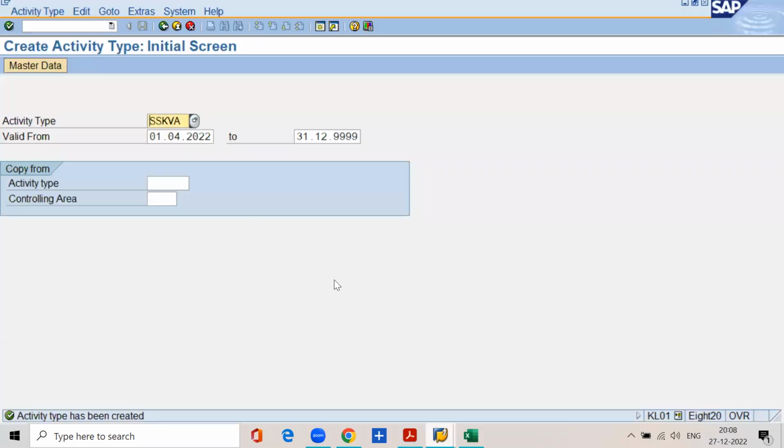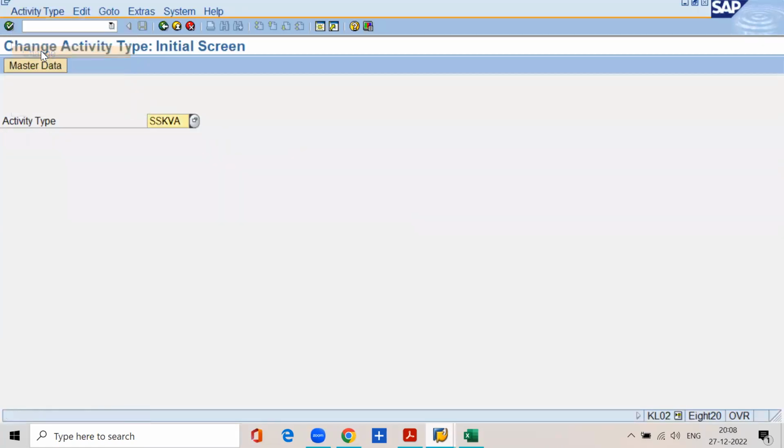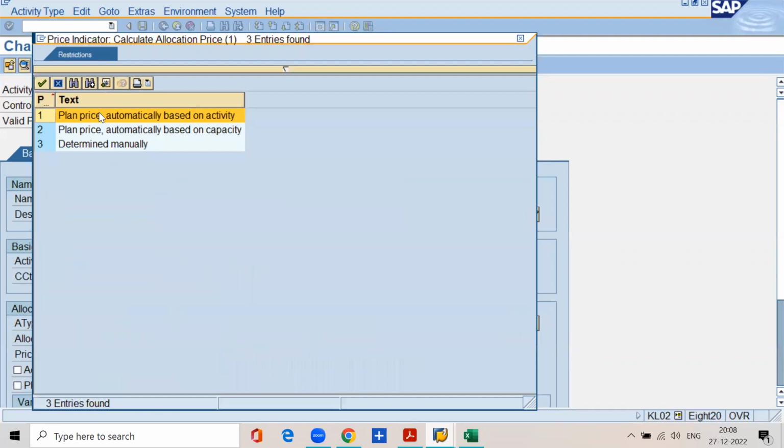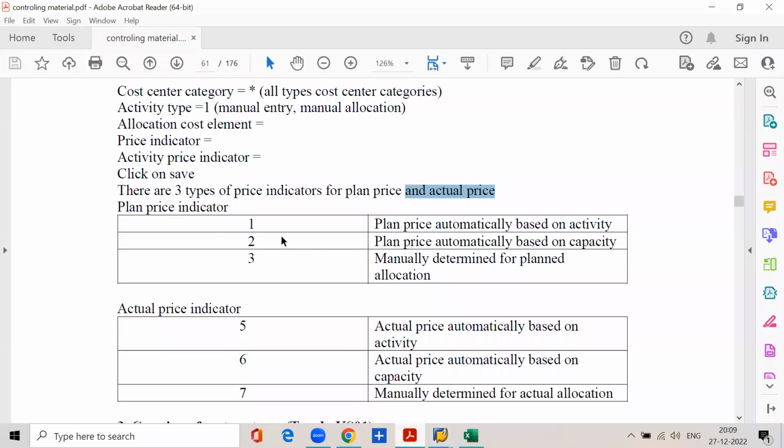See, planned price indicator, right? 1 means planned price automatically based on activity. 2, planned price automatically based on capacity. 3, determined manually. So what does it mean? See, planned price indicator 1, 2, 3. 1 means planned price automatically based on activity. 2 means planned price automatically based on capacity. That means,